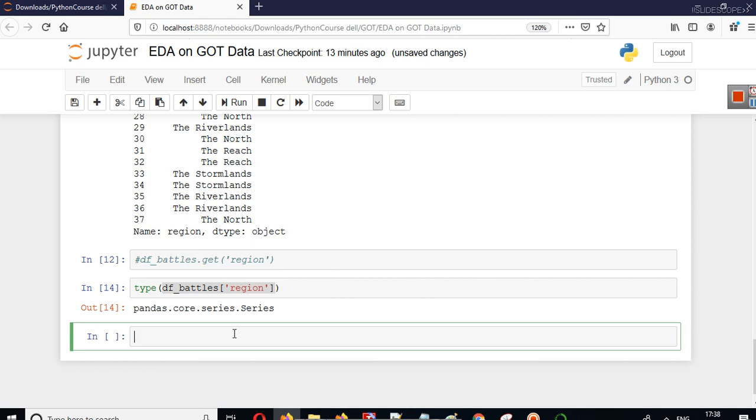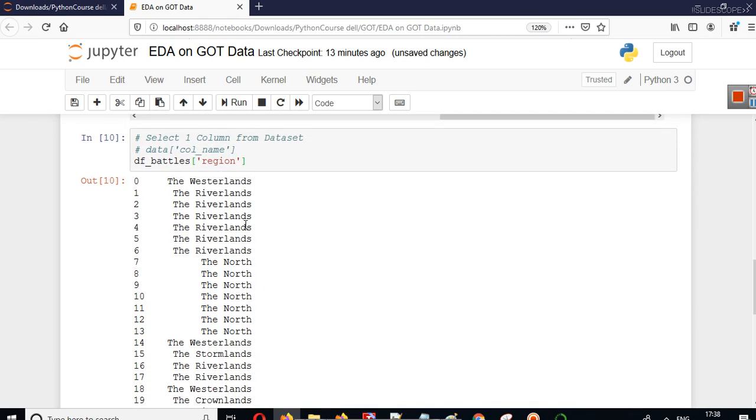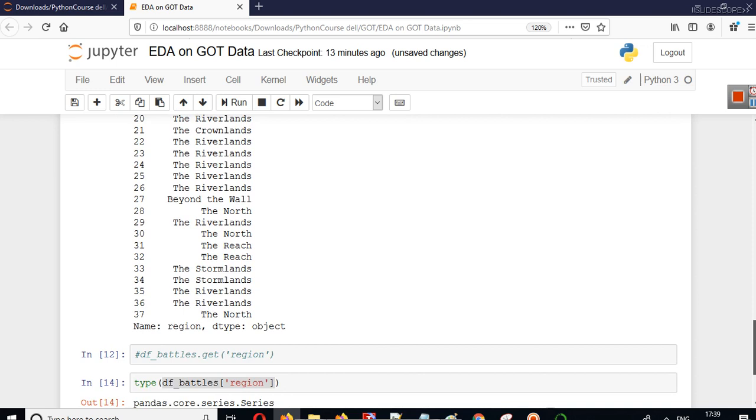So in pandas there is series. In series you can see there is only one column, right? And in data frame we have more than one column, and we have index also. So in series we have index and one column, and in data frame we have index and n number of columns and n number of rows.